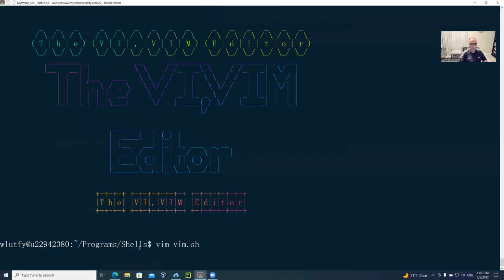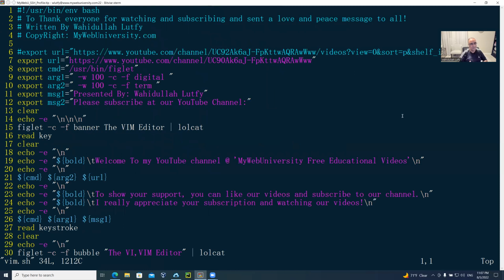vim vim.sh. And this one is going to basically use the Vim editor to open the file vim.sh, which was the output of it. So let's open that one. And because I had set number in the vimrc, automatically the line numbers are on. And then since I have the syntax on, it is doing the syntax highlighting as well. And since I have the highlighter on,